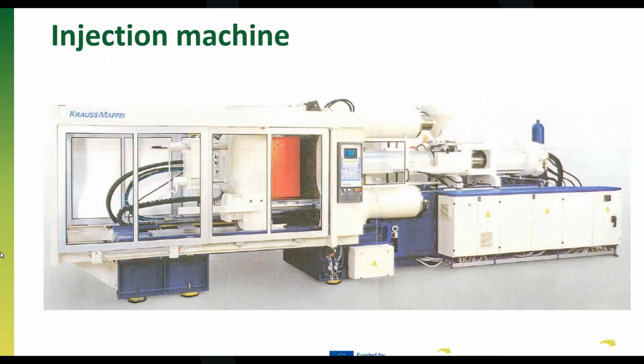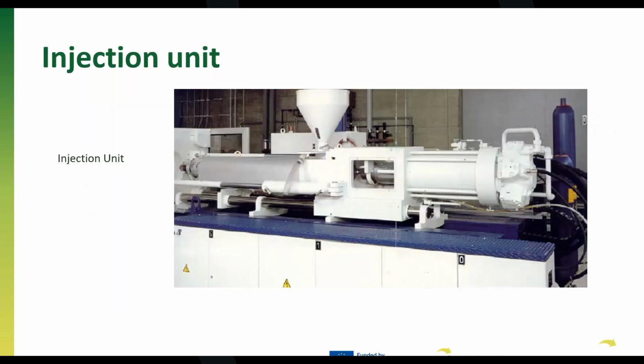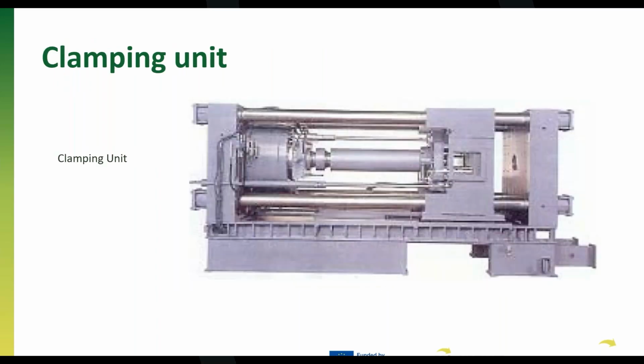In the next slide, I think I just summarize everything, but here you have the injection unit, with a feeder in the middle. This injection unit allows the screw to go back and forth in order to push the material into the mold. In the next slide, we will see the other part of the injection machine,